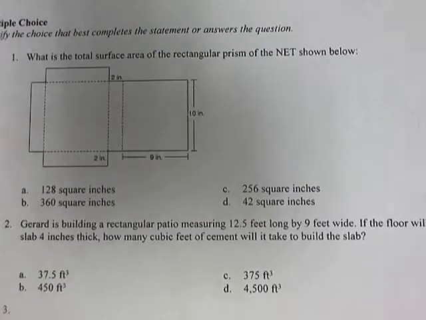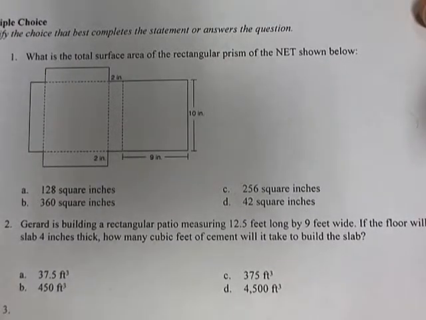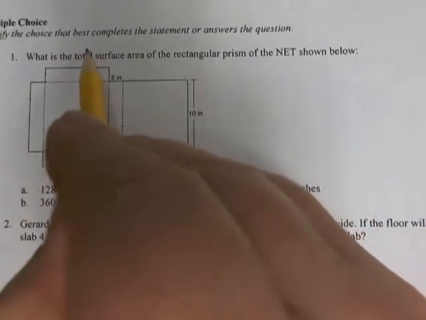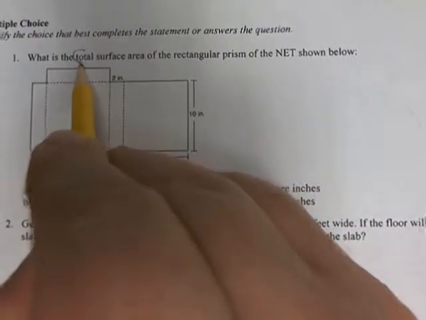Test review, volume and surface area. Number 1, what is the total surface area of the rectangular prism of the net shown below? So let's circle total surface area